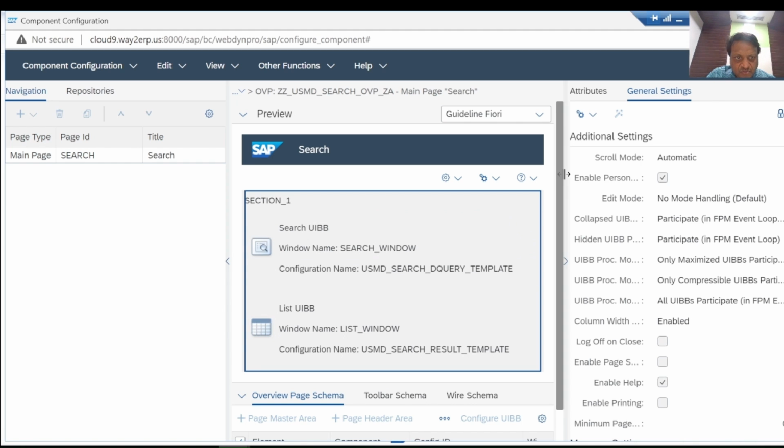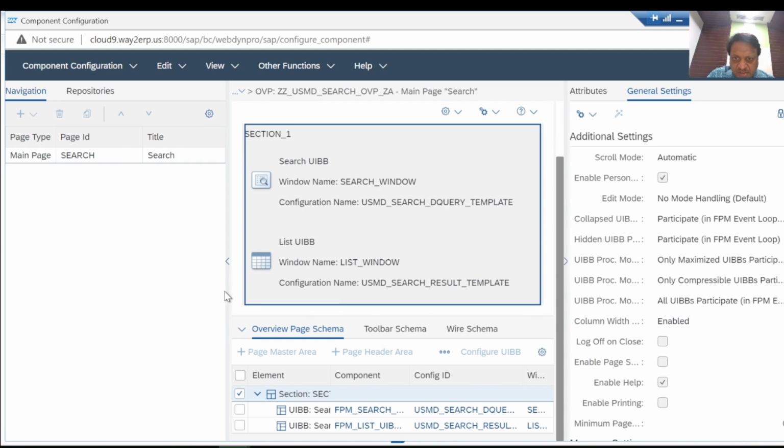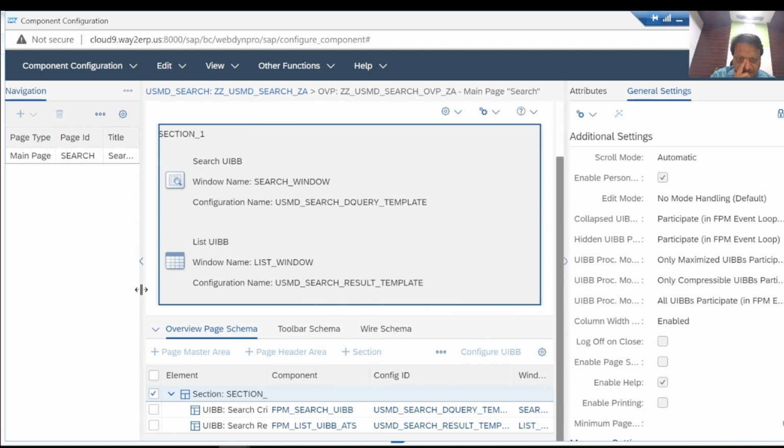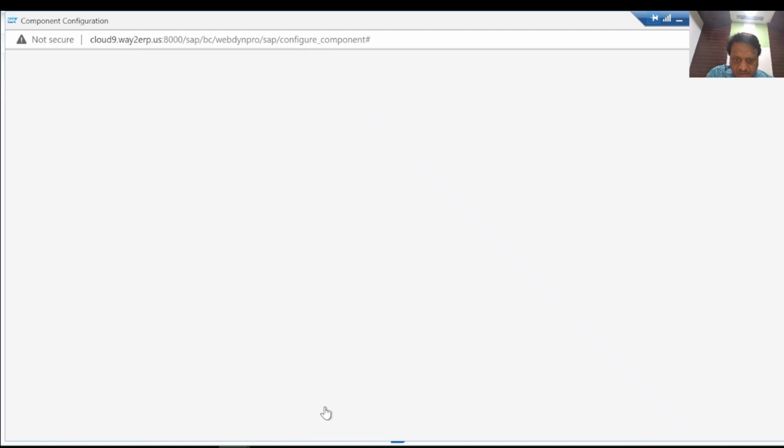if we scroll down, we will see within the overview page schema, under the section, there are already two UIBBs defined. So if we investigate these UIBBs, we'll see that one UIBB is for the criteria and the other one is for the result. So we will require these UIBBs, and so